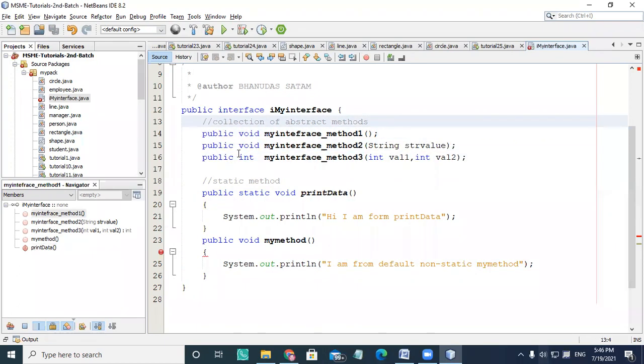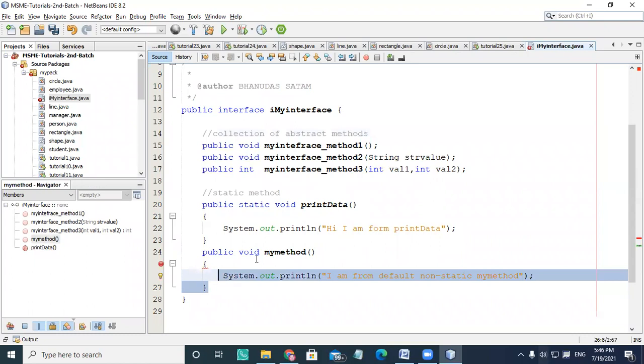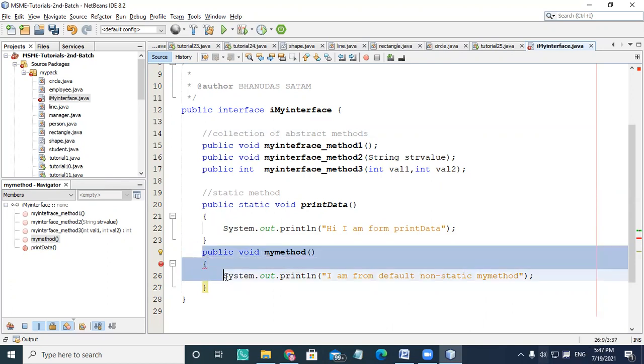They don't define this default method or my method or some other part here. So if you see that in the interface, this is treated as an interface method. So for the default method, I have to check something else.